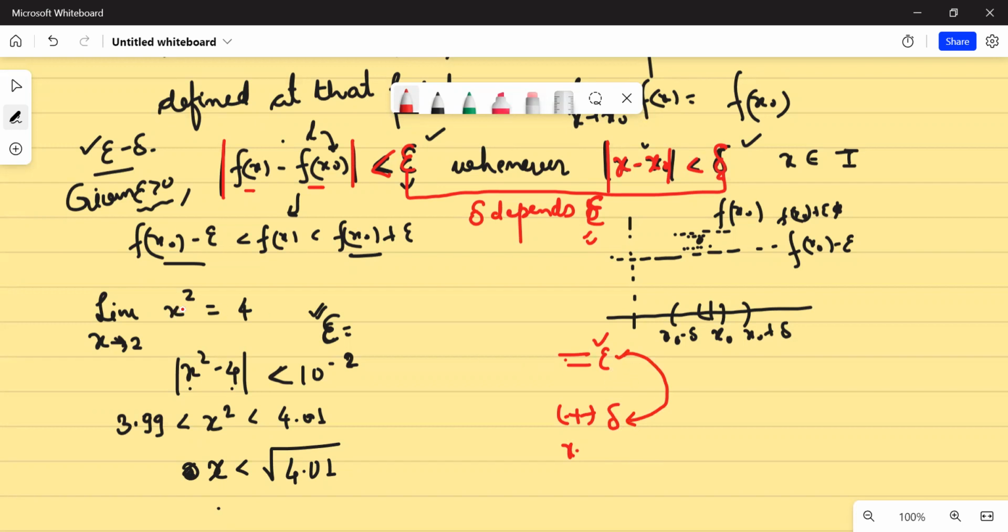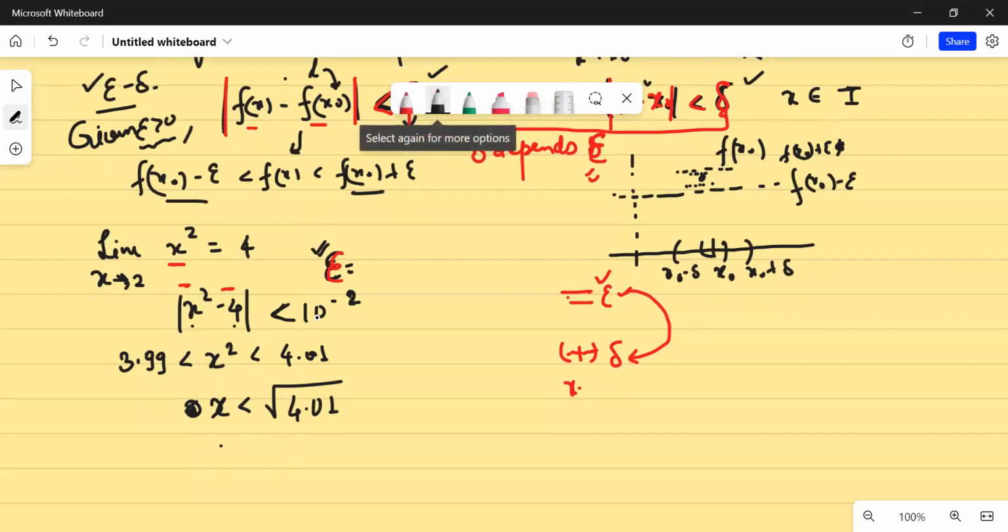So I'm illustrating the same using one example. I know that limit x tends to 2 of x square would be equal to 4. So what does it mean? The distance of the function and the limit can be made as small as possible. So Harshit says, okay, I will take epsilon equal to 10 to the power minus 12. So I'll say, okay, you take epsilon equal to 10 to the power minus 12. So your x square would be lying between 3.99 and 4.0. Is that clear? Yes, sir. Okay, and now let me calculate this. So x will be less than 2.00249. So I'll write simply 5 here, rounding it off. Okay.